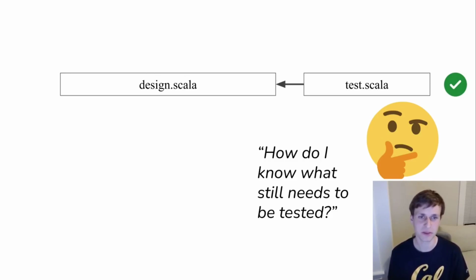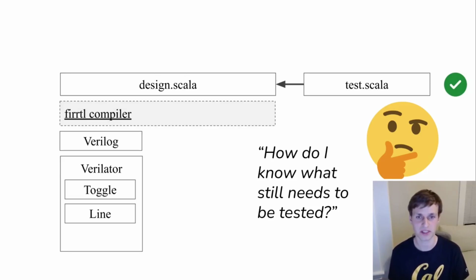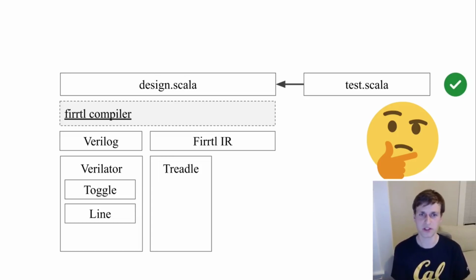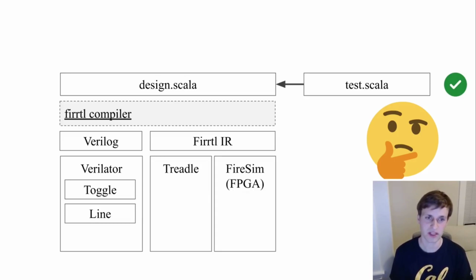Currently, the only way to do this is to generate Verilog from a Chisel design and then use the built-in line coverage of a Verilog simulator. However, line coverage on the generated Verilog is not necessarily the same as line coverage on the original Chisel code, and more advanced metrics like finite state machine coverage are just not supported. Most importantly though, other Chisel simulators like the Treadle interpreter and the FPGA accelerated FireSim do not support any coverage